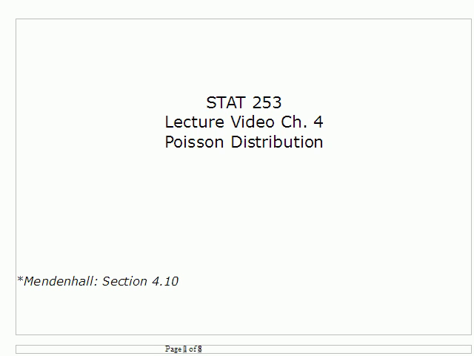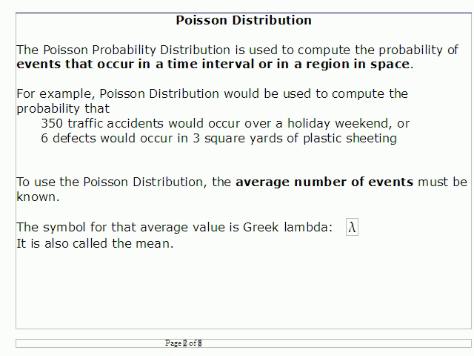In this lecture, I'll discuss the Poisson discrete probability distribution. This distribution is discussed in Mendenhall in section 4.10. The Poisson distribution is used to compute the probability of events that occur in some time interval or a region